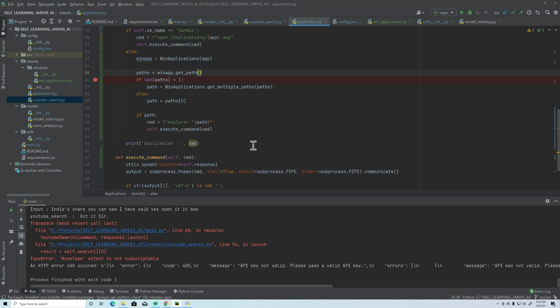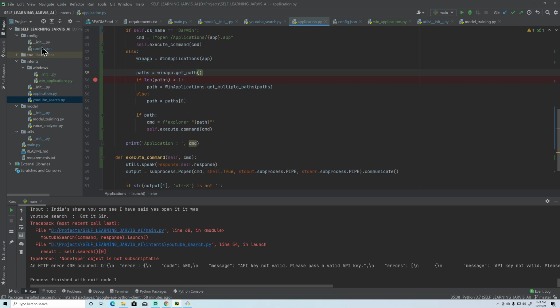So I'm going to create one more config file, a JSON file, which will contain all the executed or opened application details, and all the applications will first be checked in that JSON file. If the application exists in that JSON file, then it will be opened from that file. If not, then that application will be searched in the installation directory, right?